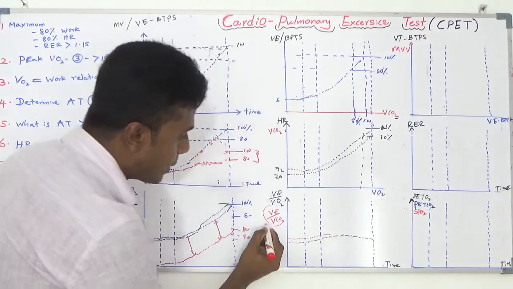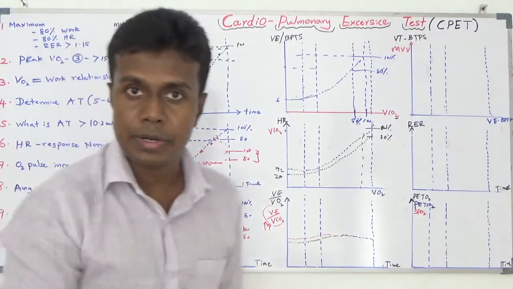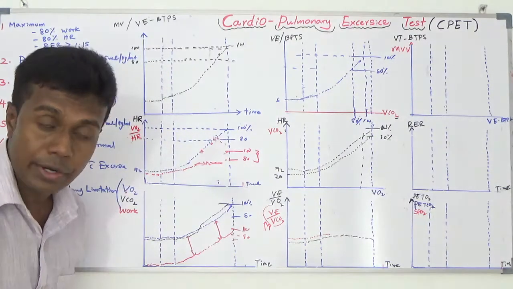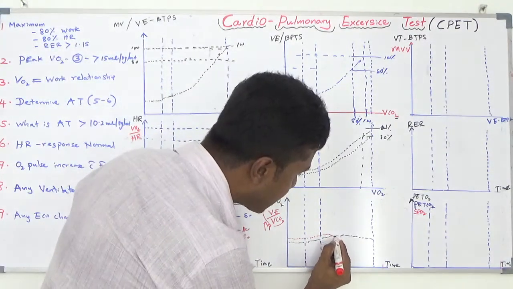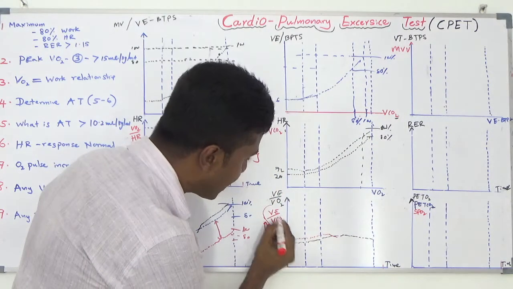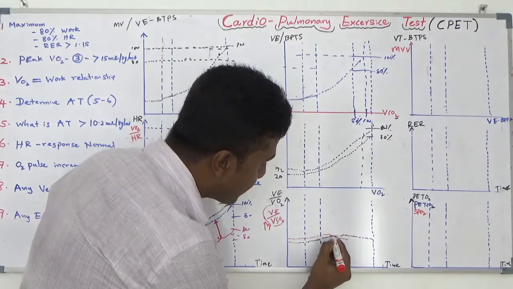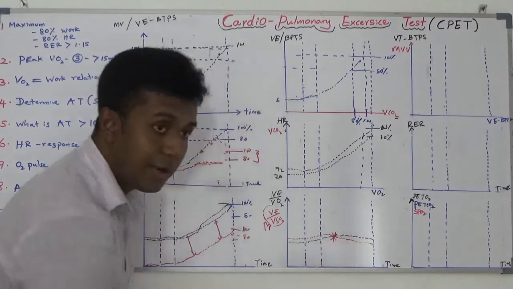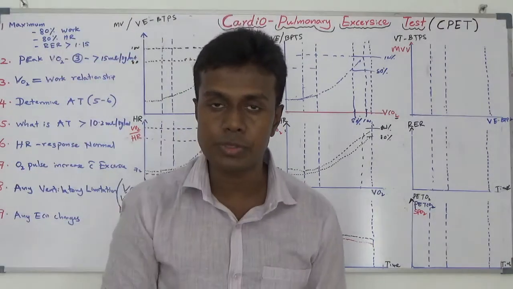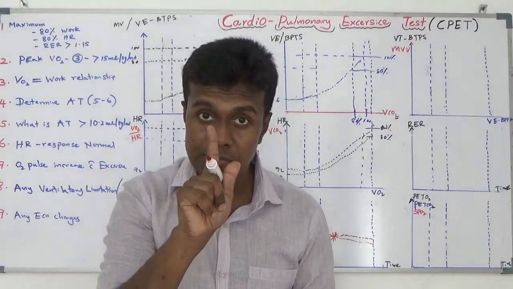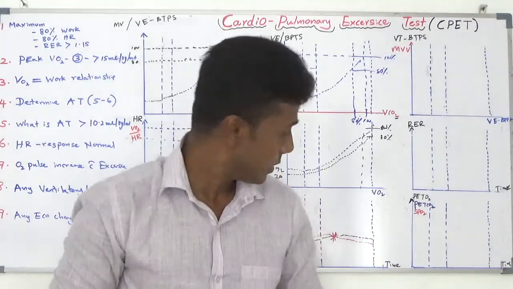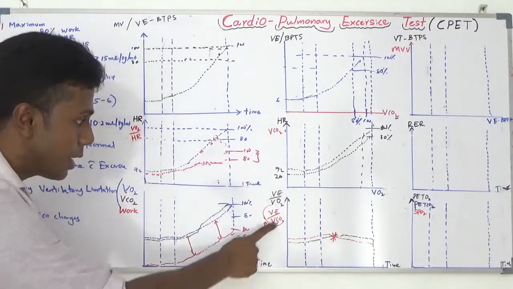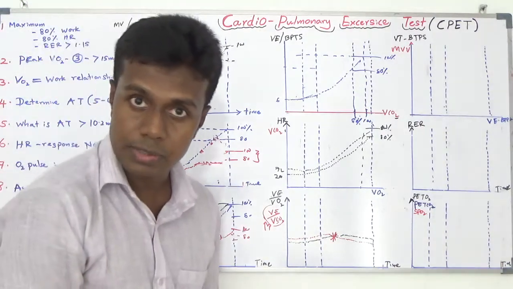Then it produces more and more carbon dioxide due to anaerobic metabolism, as I told previously. Because of that, this VE divided by VCO2 value is going to be lower than the oxygen one. So the graph will be like this. Here the crossing point is where your anaerobic metabolism is going to start. So this is the ventilatory equivalent for oxygen curve and the ventilatory equivalent for carbon dioxide curve.